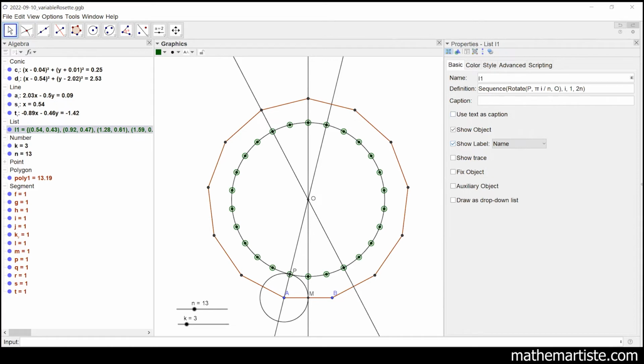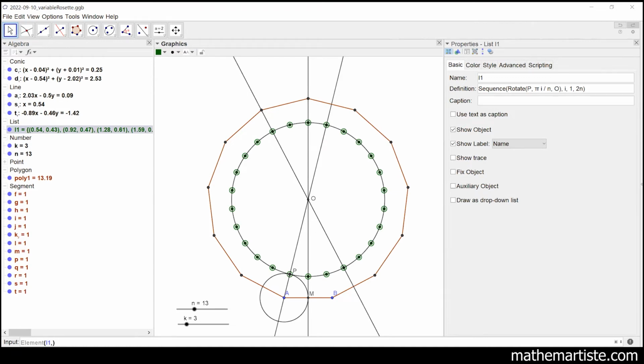And down here in my input bar, I'm going to define an element of a list. So element is the function, and then I'm going to open parentheses, and in that function, I need to first tell it what list I'm choosing an element from. Well, I only have a single list, so I'm going to type L1. If you made some mistakes and created multiple lists, just make sure you're naming whatever your list of points is. So I want L1, comma,